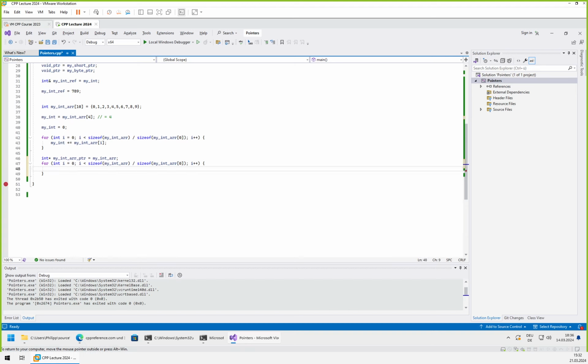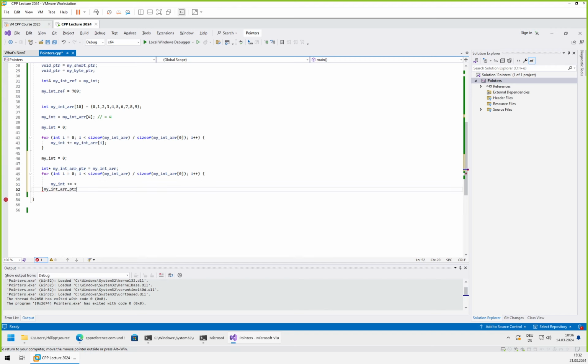What we can do here, for example, is first of all reset our counter again, just for good measure, and then we will do plus equals, and what do we know? We already know that we can do this to get the first element. That is good, but not good enough. We want to somehow access the second and third and so on. So what we do is we just use pointer arithmetic, and this gives us access to the ith element of